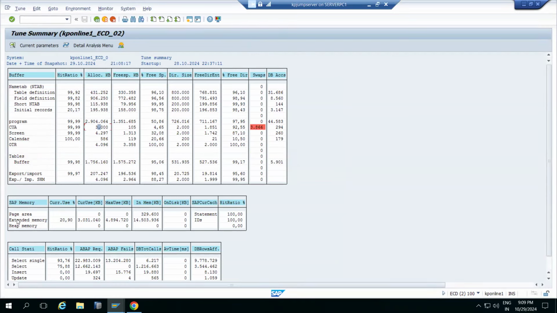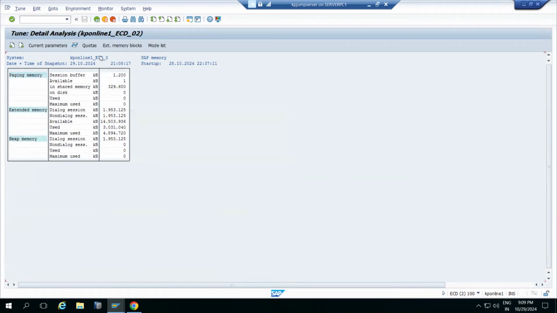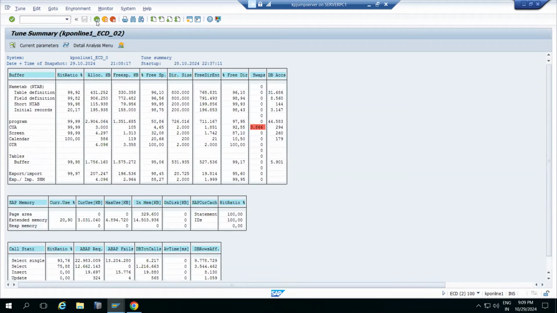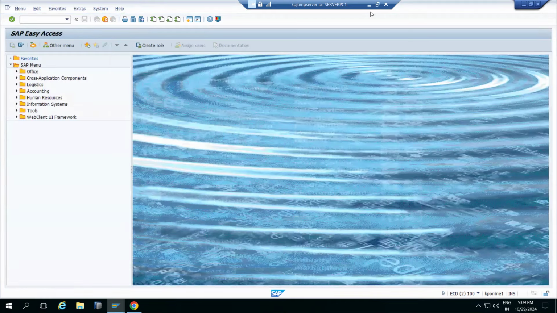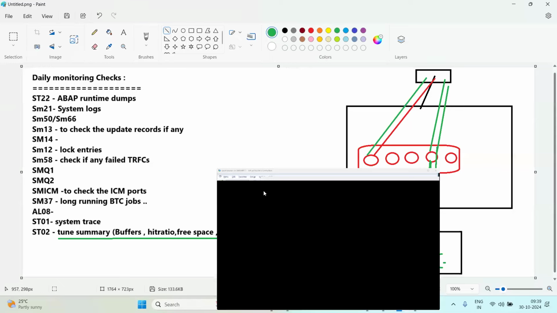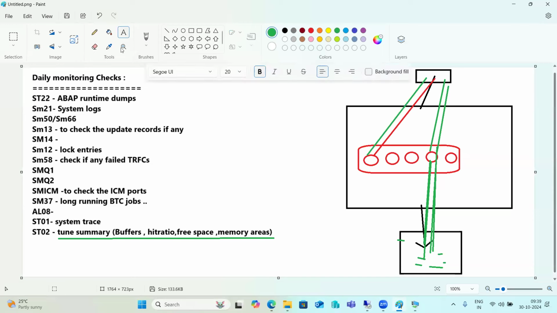Also we can check the memory areas. Memory management is a separate topic, and I will explain clearly what page memory, heap memory and extended memory are, and we can see the memory percentages here. So what is extended memory? I will explain this clearly, so don't worry. Here in ST02 we can see the tune summary buffers and everything, right? Apart from that we have the